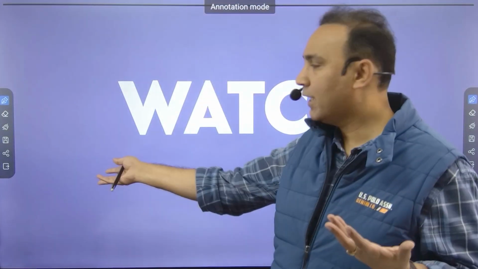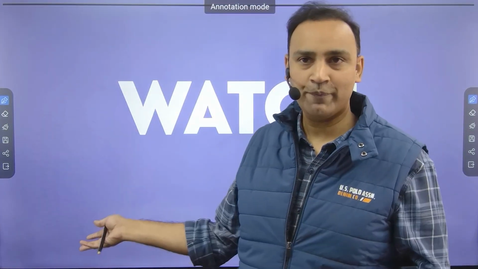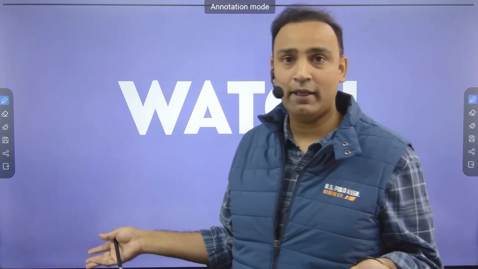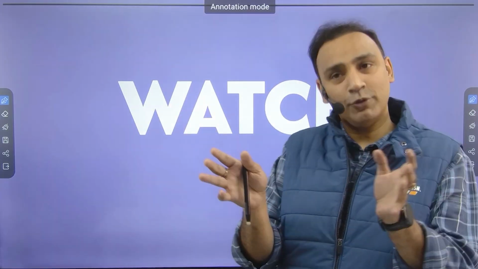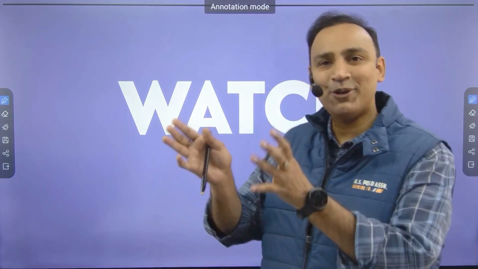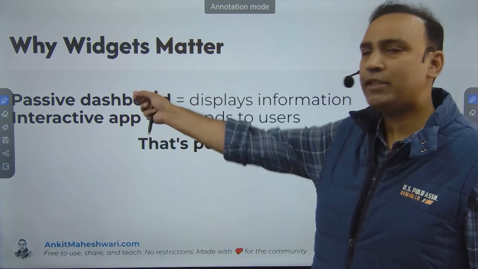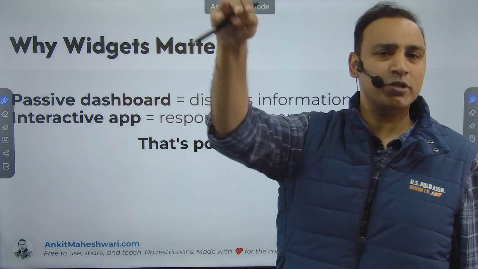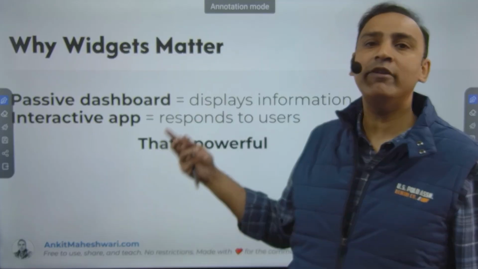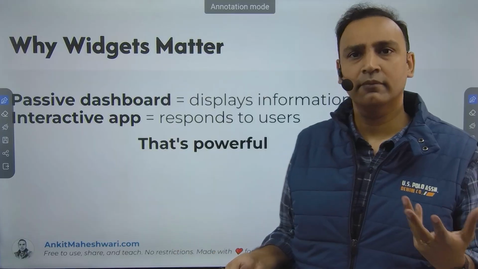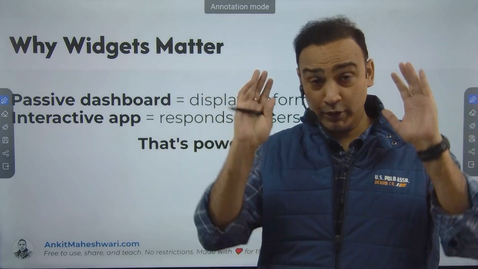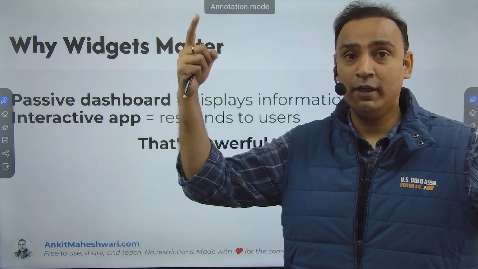And as we always do, we start with a watch. We are entering the watch phase. And for the next few minutes, I want you to stop coding. I want you to close your other tabs. I want you to just focus. So, very small question. You can just pause it and maybe write in comments why widgets matter. Just think about this for a second, a theory, but I want you to develop that kind of understanding, because